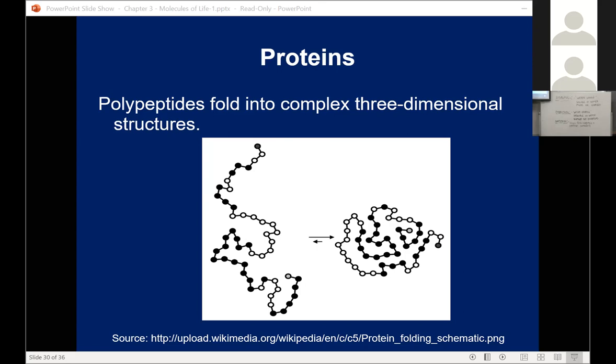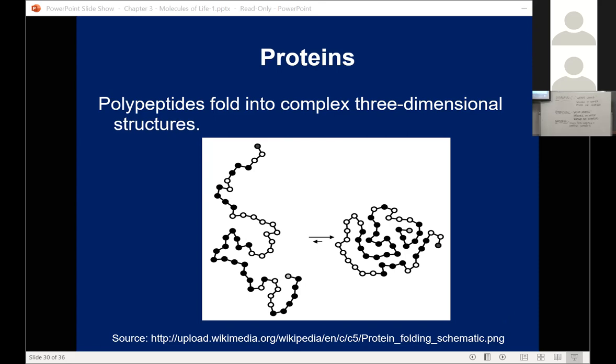Anybody? So if we look at the picture, the white or the hydrophilic amino acids are all out here on the surface. Okay, so hydrophilic means liking water. So they're going to want to be on the outside of the protein where they can interact with water. Now the hydrophobic amino acids are going to want to be away from the water. So they're going to be down in the middle, in the core of the protein,